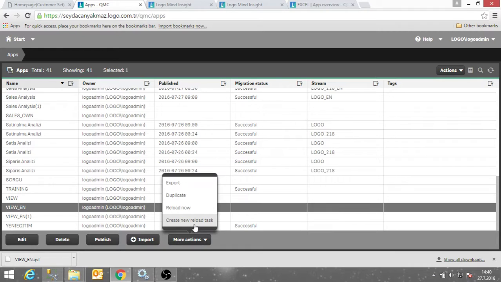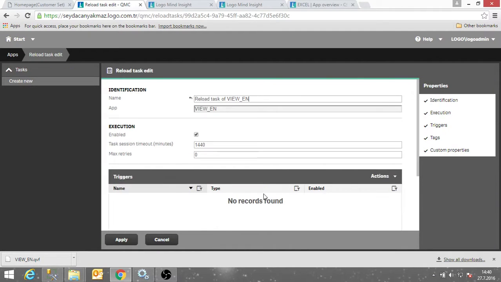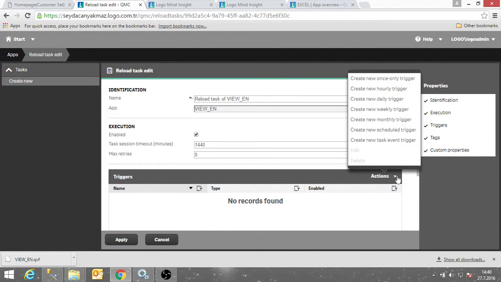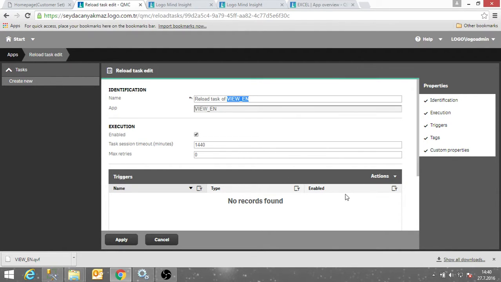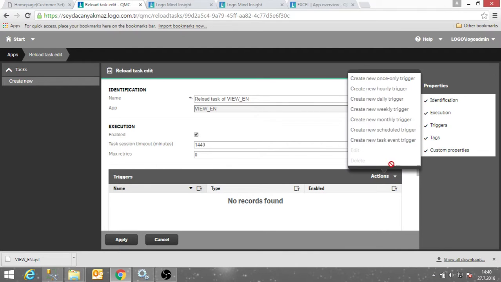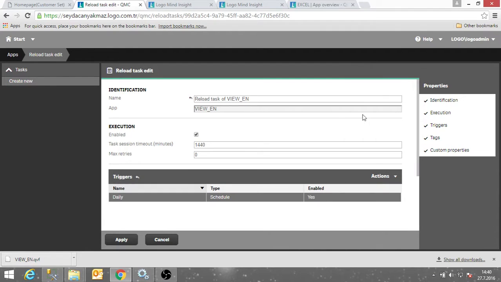and create a new reload task mean you can create a new reload task for once only trigger, or for hourly, for daily, or for weekly. For example, my VEN app has no scheduling. I will create a new one for new daily trigger, for example. When I clicked it double,